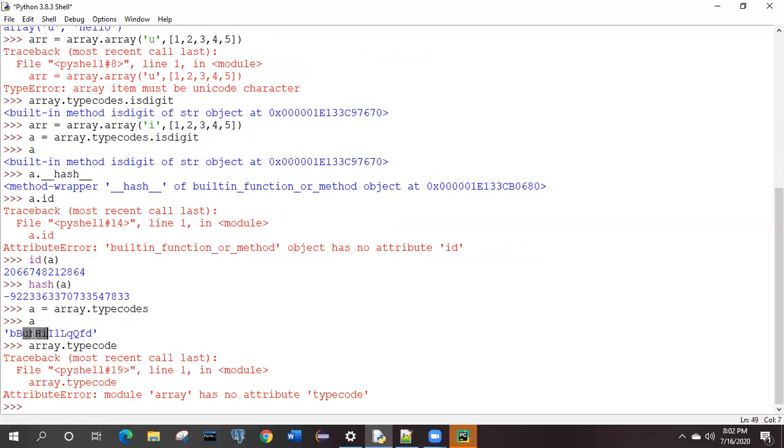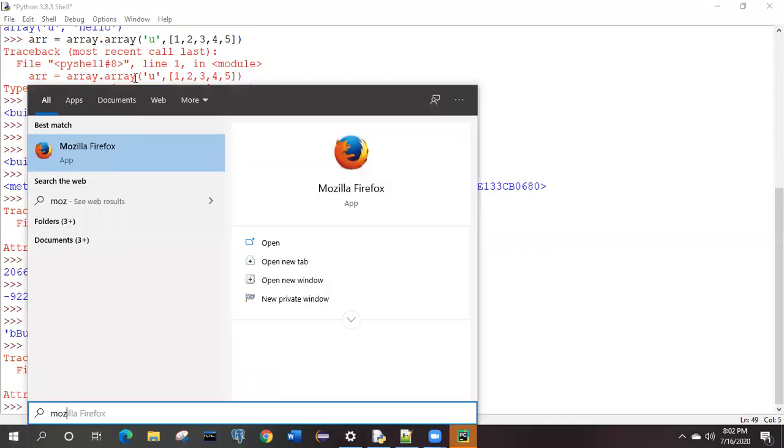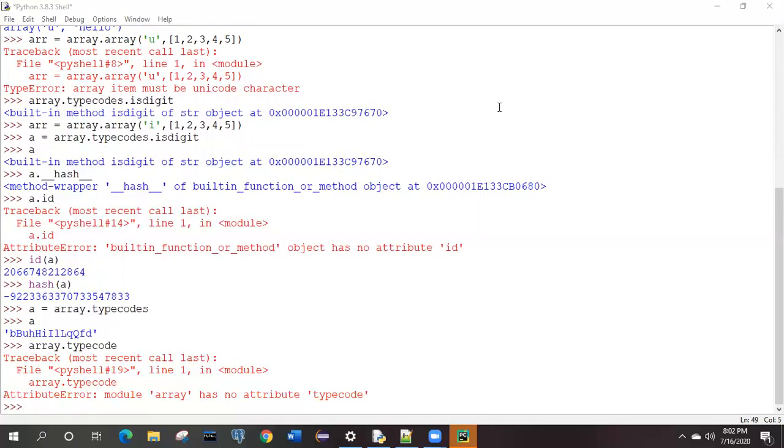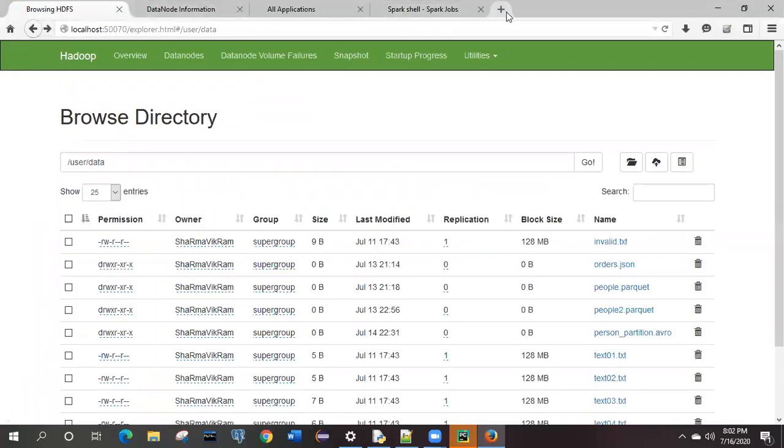You need to check the Python documentation. You can open it directly, or you can use any browser and give just a few keywords: Python array type code.